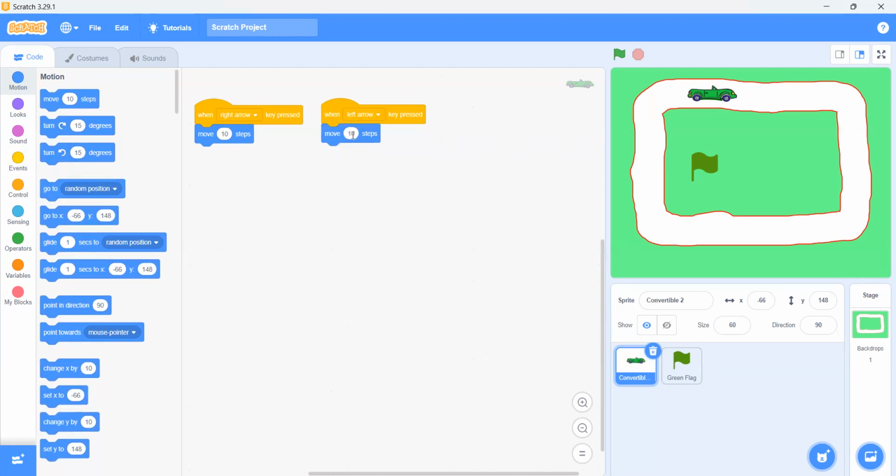And if we want to move our sprite backwards, then we have to add minus before the number. Now when I click on the right arrow key, the car will move forward, and when I click on the left arrow key, the car is moving backwards. Now, if I want the car to turn clockwise when I click on the up arrow key,